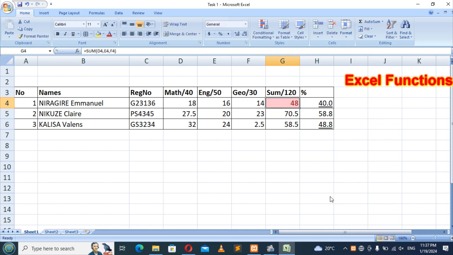You see, it is highlighted in the sum of this student and is underlined in the percentage where his percentage is less than